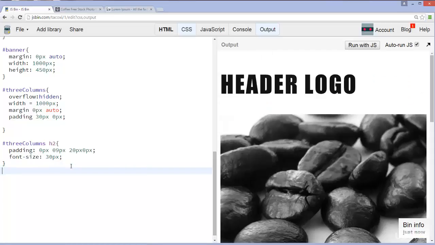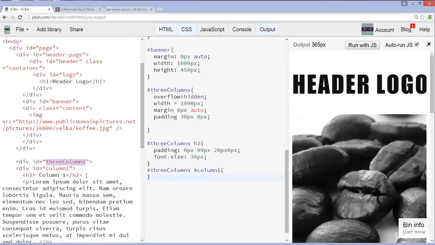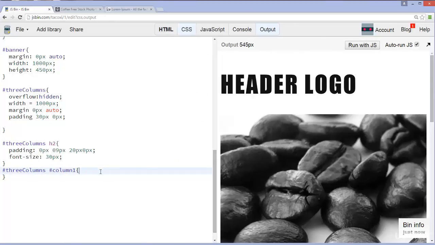columns yet. So what you have to do is go to three columns. Okay, and for these three columns we're going to have to say column 1. Before we do that, we just want to make sure that we get everything right here, and yeah, everything is right. I sometimes copy and paste just to check. And we're going to do this float left,